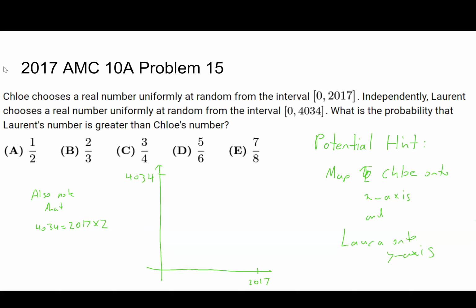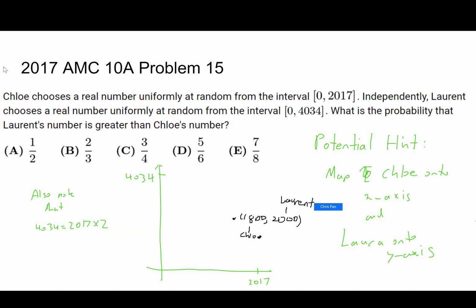So on the x-axis, you have the number that Chloe chooses, and on the y-axis, you have the number that Lauren chooses. So if we take a random point in this graph, which is between 0 and positive 2017 and 0 and positive 4034, let's say some point here, like 1800 on the x-axis and 2000 on the y-axis, this point represents the event that Chloe chooses 1800 and Lauren chooses 2000, right? And in this case, this does fall under the event that Lauren's number is greater than